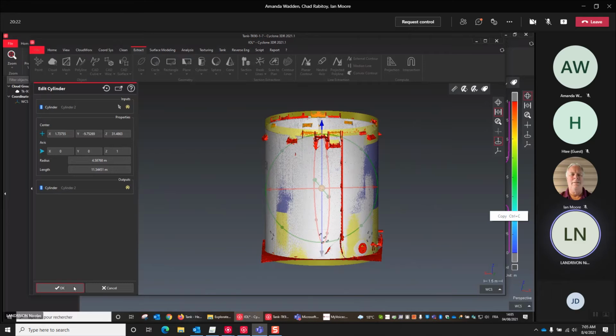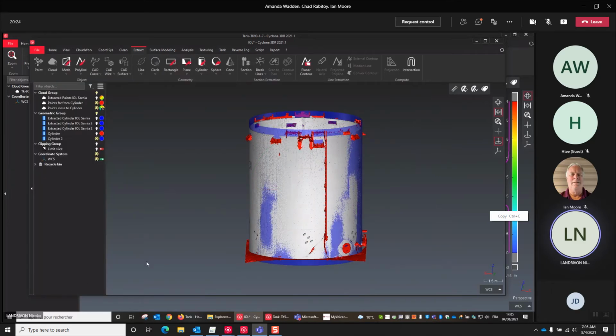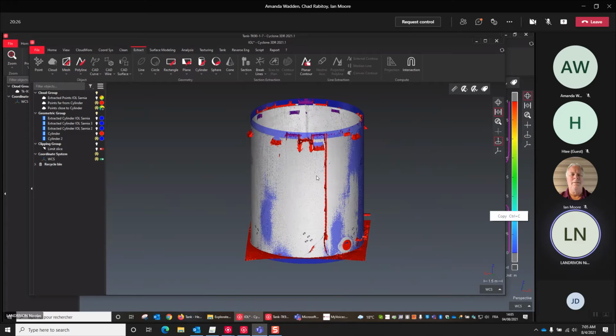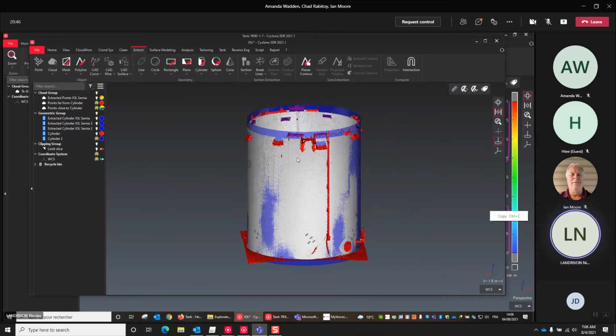So this is, on the contrary to the plane, which is infinite, so whatever the size of the base plane, if you select the points above and beneath the plane, you will consider all of them, which is not the case for the cylinder. Cylinder, you must enlarge a little bit.